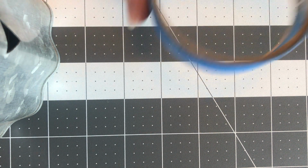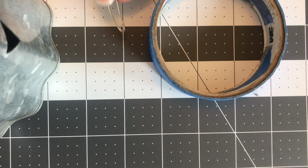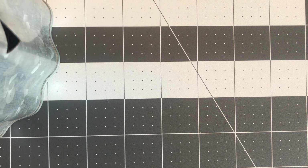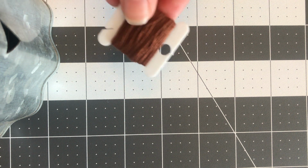And finally, you're going to either need some tape or a safety pin. This is just going to be to attach your working pieces onto a surface so that it's easy to keep tension. All right. So the first thing you want to do is grab your embroidery floss, and you're going to